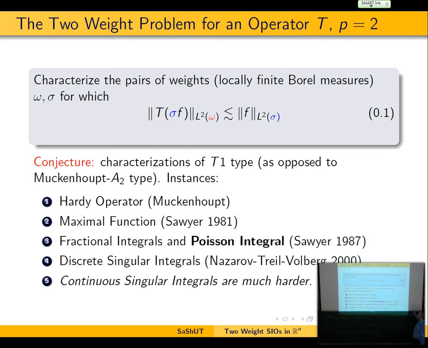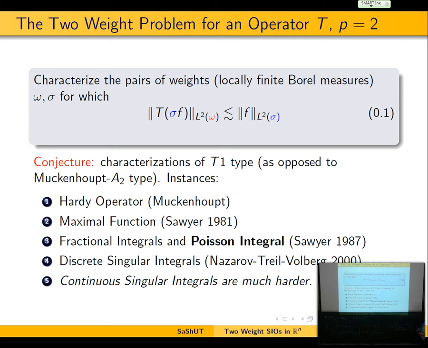So there are several ways to try to characterize this kind of norm inequalities. If you look at one single weight, there's a very well-known characterization of Muckenhoupt that basically has the advantage of being a necessary and sufficient condition and also of being reasonably easy to test. As soon as you go into the two-weight world,